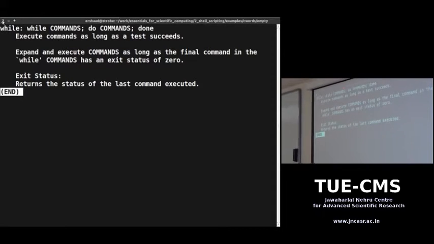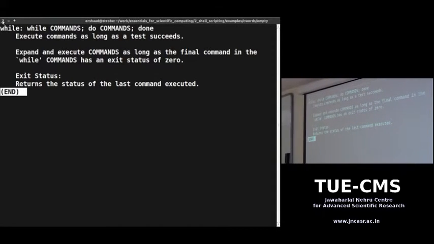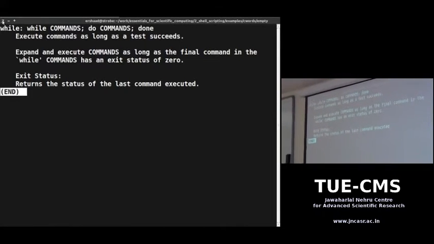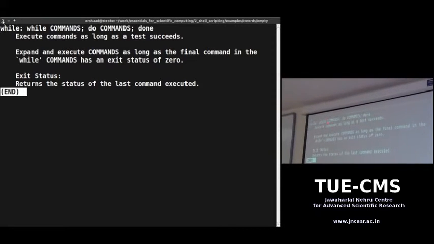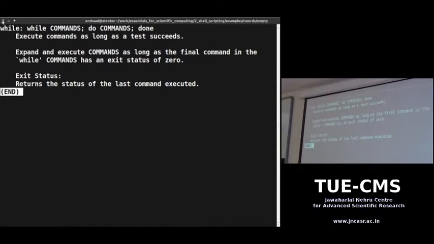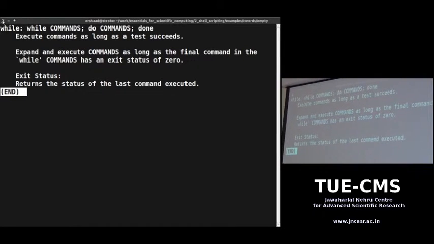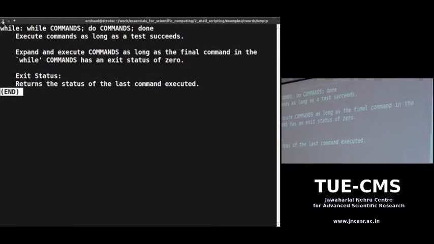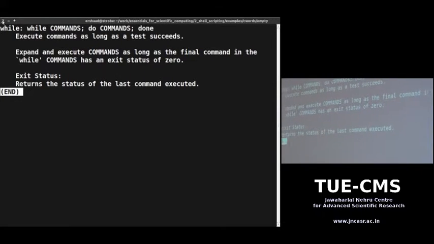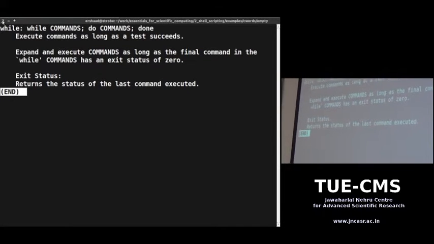You type while command. Commands can be a condition also, you remember, those square brackets with some conditions. So while command, semicolon, do some commands, done. So this is the same. You can type all this on your command line. So you have complete access to all the constructs and conditionals that we showed you at the prompt.